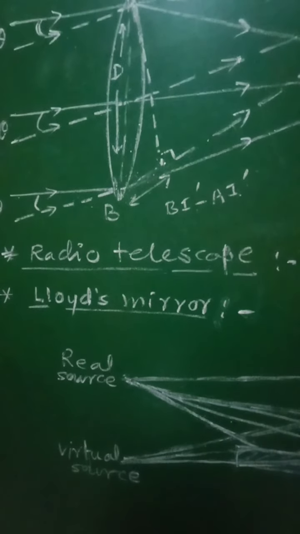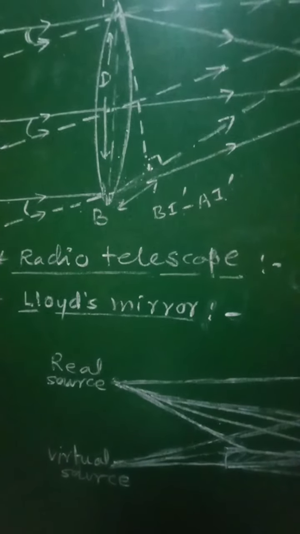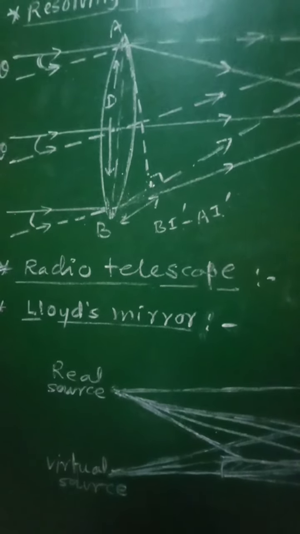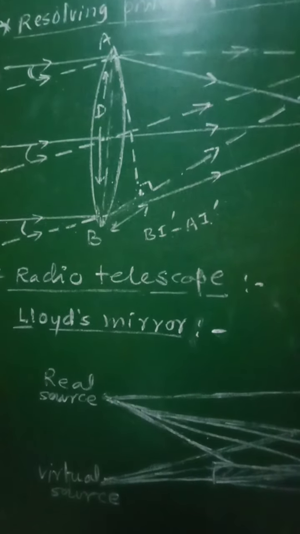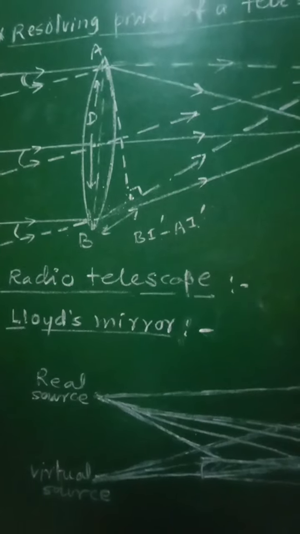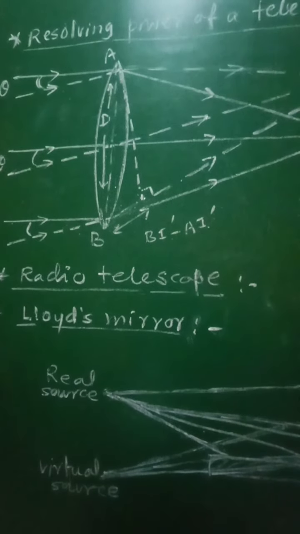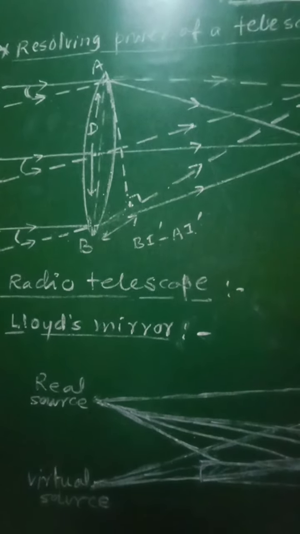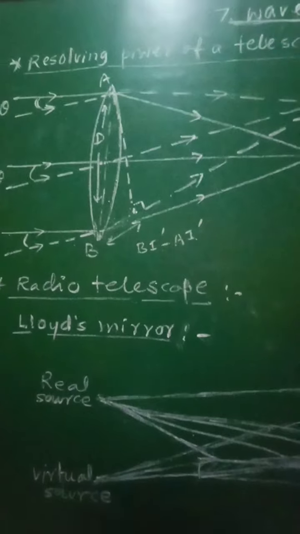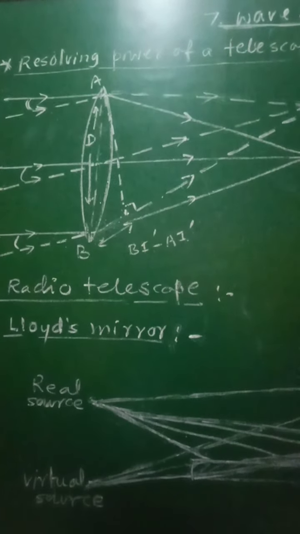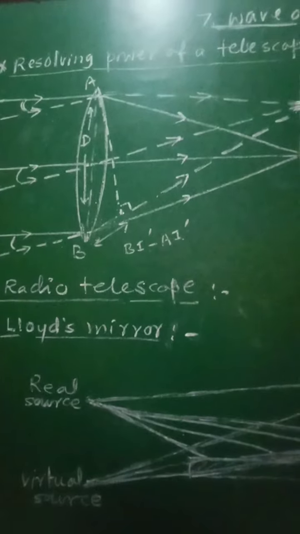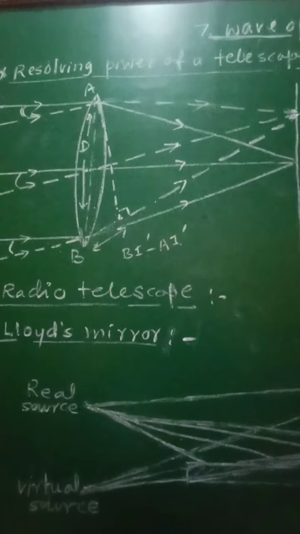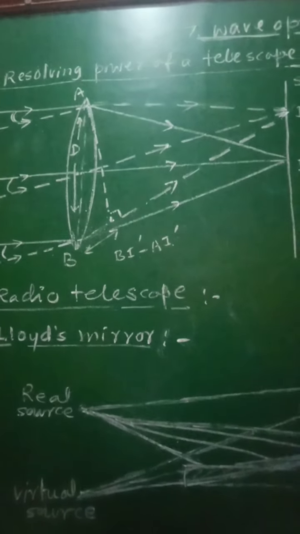The wavelength of radio waves is in terms of meters. According to the equation of the resolving power of the telescope, if we want to have the same limit of resolution as that of an optical telescope, the aperture of the radio telescope should be very large. But a single dish of such large diameter is not practicable, hence arrays of antennae spread over several kilometers are used. The Giant Metrewave Radio Telescope, that is GMRT, is located at Narayangaon near Pune.